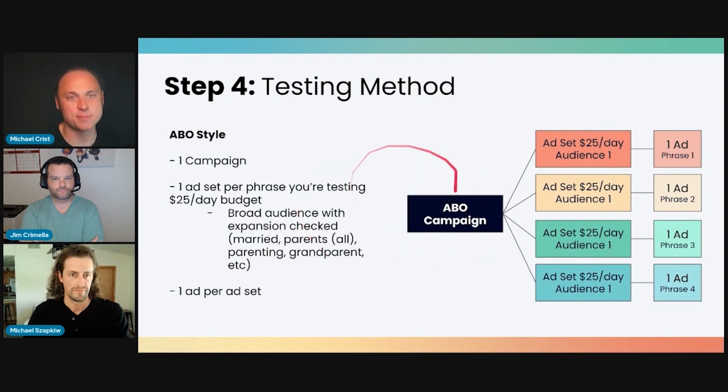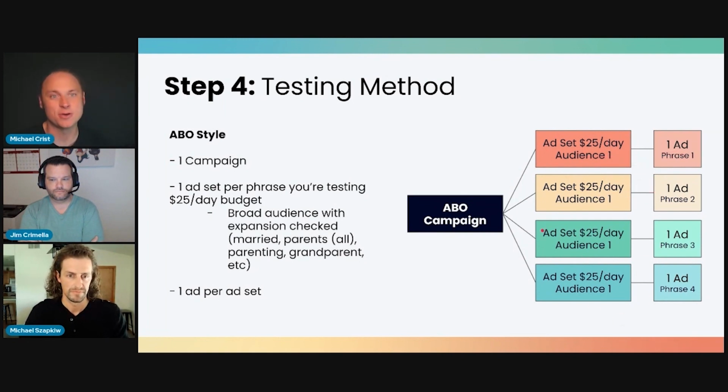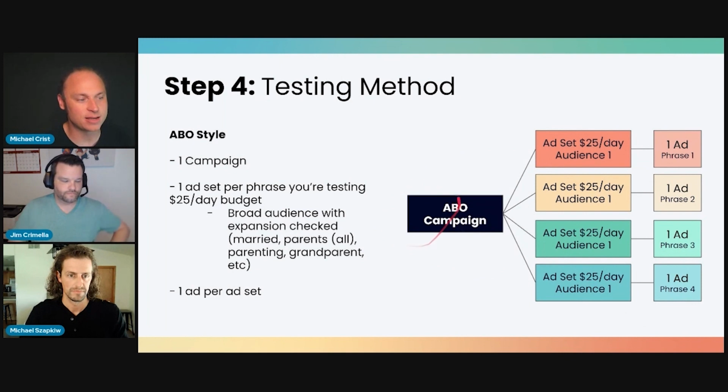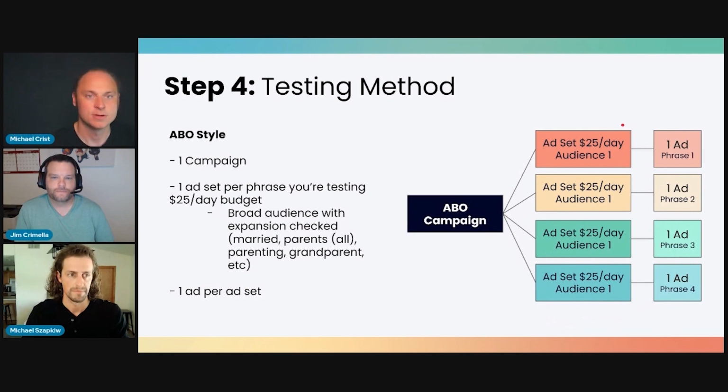If this is an ad set budget optimization one, you can see the budget is set at the ad sets, right? So each of these ad sets will get $25 a day spend. But if it were a CBO campaign, you set your budget right here. So let's say you had a $25 a day CBO campaign, then your campaign is going to choose where to allocate the budget based on the performance of each individual ad set. So it'll take that $25 and spread it out across all of the ad sets. Correct.